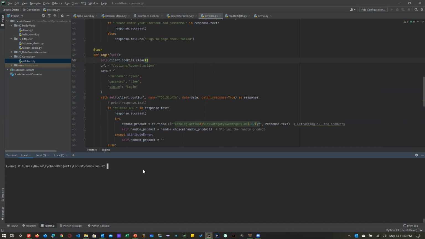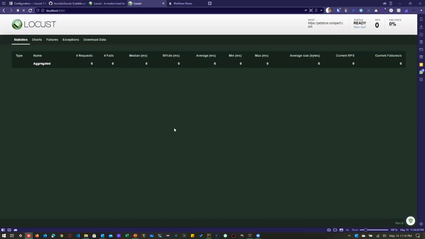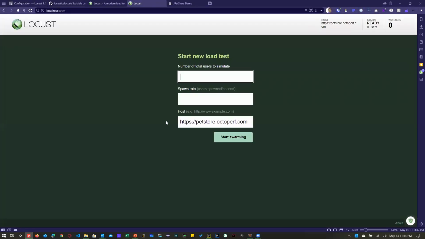To get started, I'm going to run the master command. So locust -f, again I'm going to make use of this correlation pet store, and I'm going to add --master and hit enter. Now it will start the web interface at the same port number. Let me go to the web interface and hit refresh. Now I'm going to set 2 users and the spawn rate as 2,